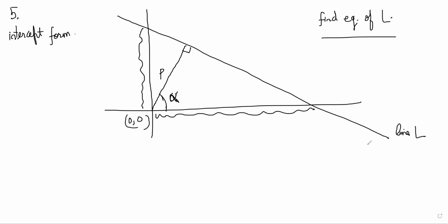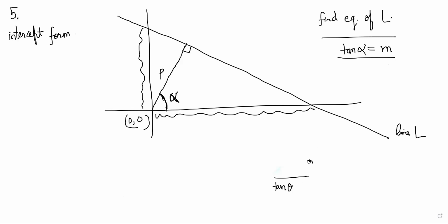Intercept equation. Oh, what we know right now is just this length of perpendicular and the angle that it makes. I said something about tan alpha being equal to slope. Slope of a line is the tan theta of this. Yeah, I know that. But that is not relevant here so much.